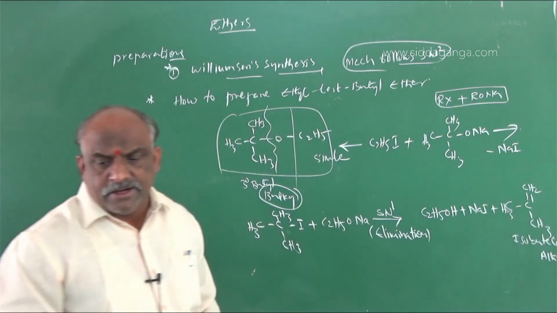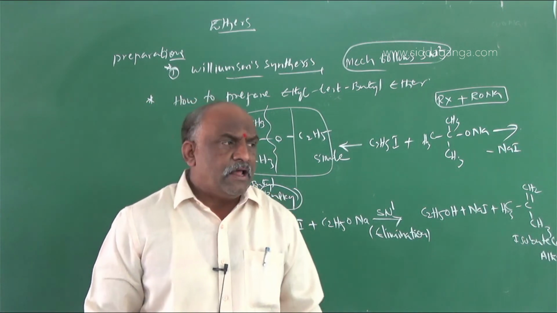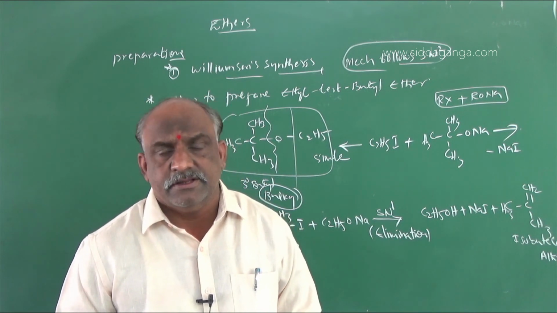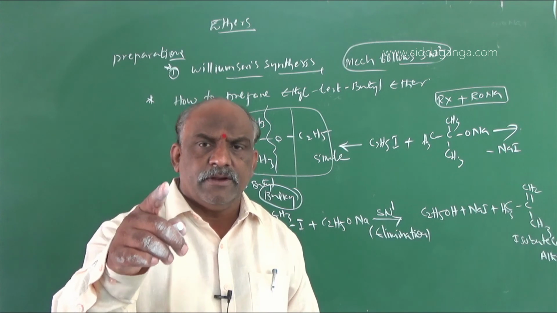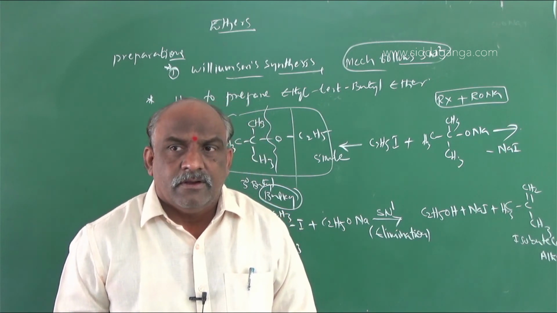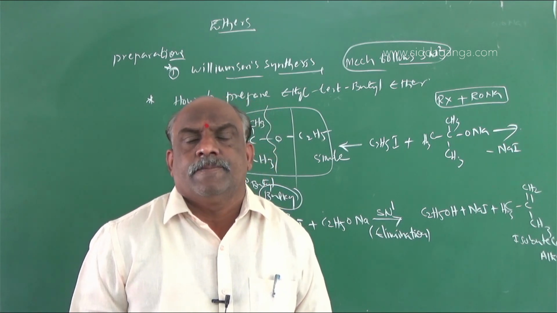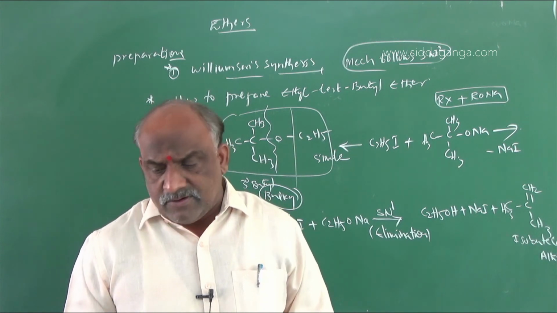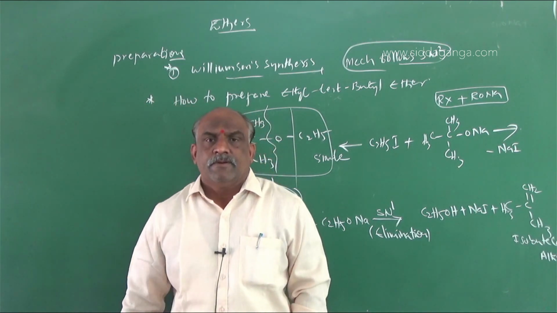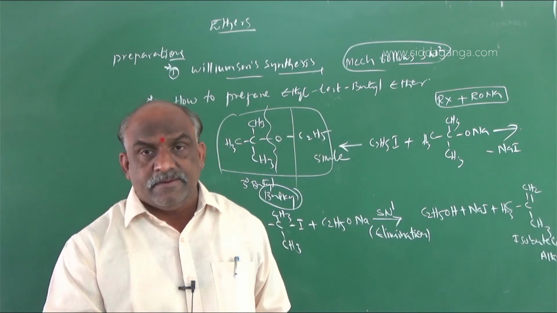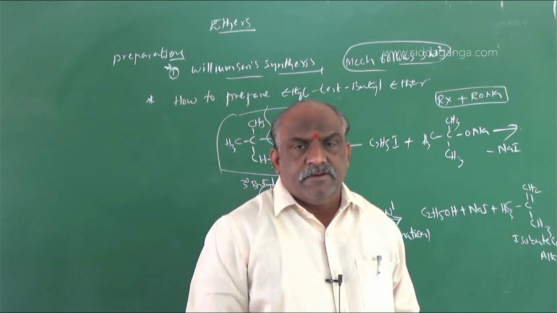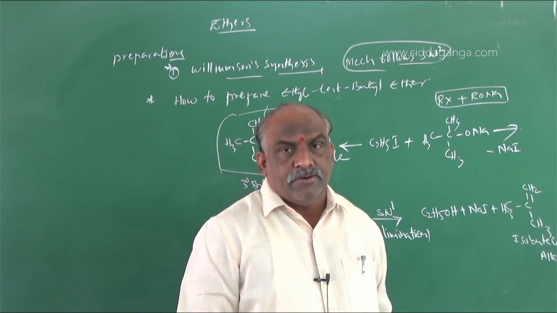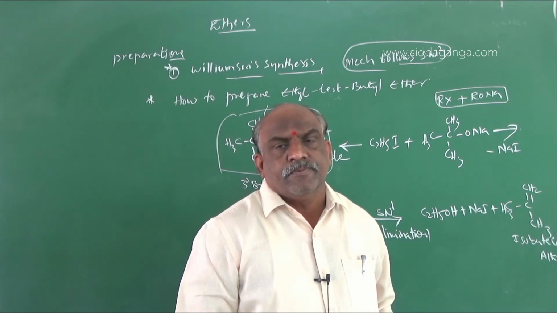Isobutylene is nothing but an alkene. So my dear students, make a note, this is very, very important. If the alkyl halide is bulky, it is not useful for the preparation of ether; that is an elimination reaction. Keep this point in your mind, then you will definitely get 4 marks, because of the importance of the Williamson synthesis. For Williamson synthesis, the alkyl halide is simple and the sodium alkoxide is bulky. If the alkyl halide is bulky, the mechanism followed is SN1 elimination. If the alkyl halide is simple, the mechanism followed is nucleophilic substitution. Clear? Keep that point in your mind.